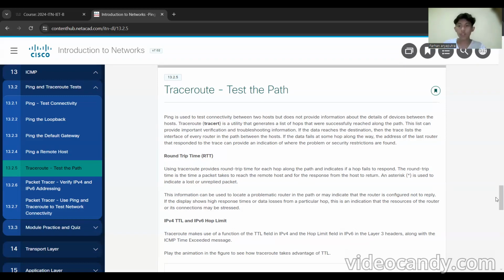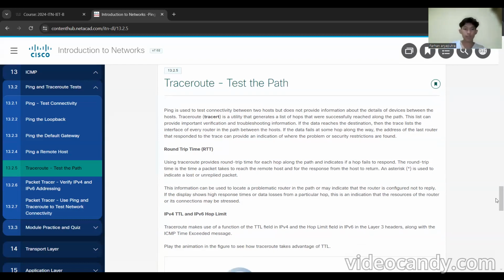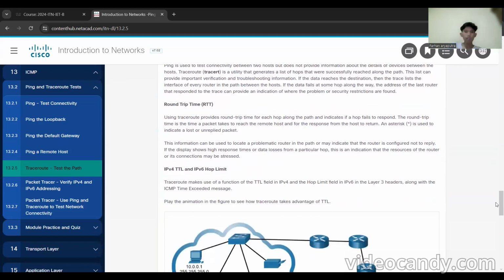An asterisk is used to indicate a lost or unreplied packet. This information can be used to locate a problematic router in the path or may indicate that the router is configured not to reply. If the display shows high response times or data losses from a particular hop, this is an indication that the resources of the router or its connections may be stressed.